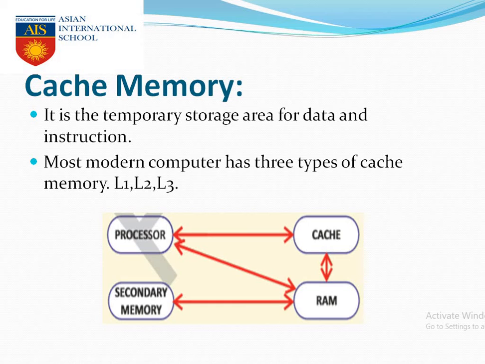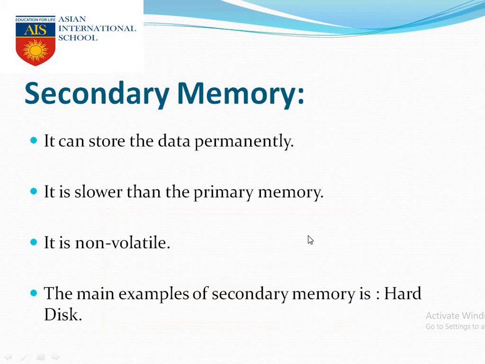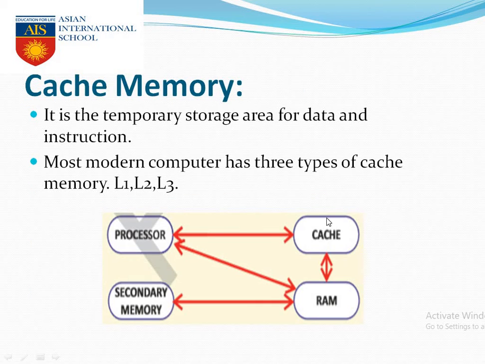So how does your cache work? Say your processor wants to access something, your processor wants to give some instruction. What it will do? It will give the instruction to the cache, side by side to the RAM also. If the file is in the cache only, then your RAM doesn't have to find the file. The file will come from the cache memory only, it will get updated and your processor will get the output. You don't even have to go to the RAM.